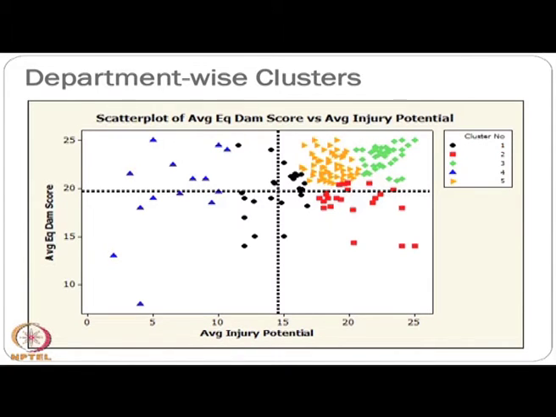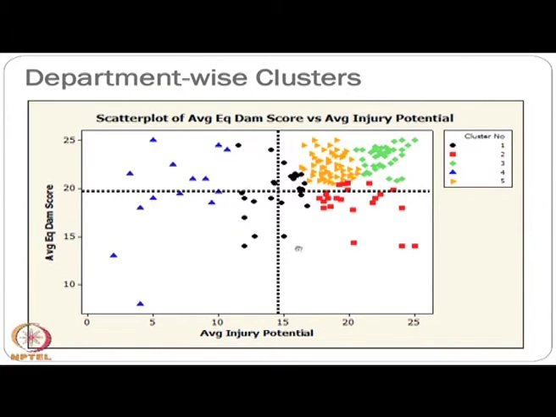From the safety performance point of view, these are the departments which are absolutely different from these other departments. Similarly, these are the departments which are performing at the 0 point, and this is 15, the average performance level.